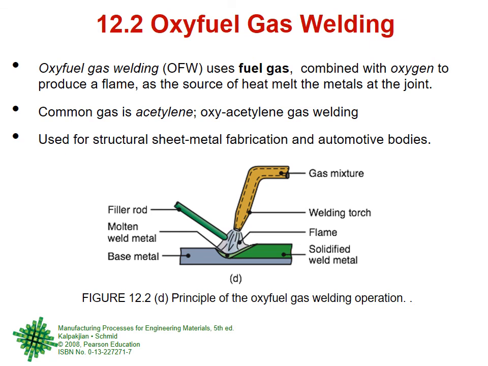So there is a machine where gas cylinders and other things are there. Controller is there. From there a gas mixture is coming through the welding torch, through the nozzle. And you have to initially start a flame, right? Like a burner or something, start a flame. Now the flame is there and you have to keep it at a certain distance from the metal that you want to melt, and you have to hold a filler rod in the other hand. So the base metal is melting, the filler rod is melting, and when you move and this cools down, then all of them fuse together or coalesce together, right? So this is oxy fuel gas welding, and the most common one is oxyacetylene gas welding.